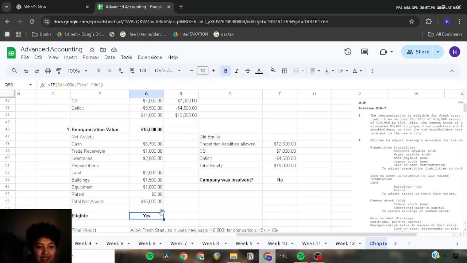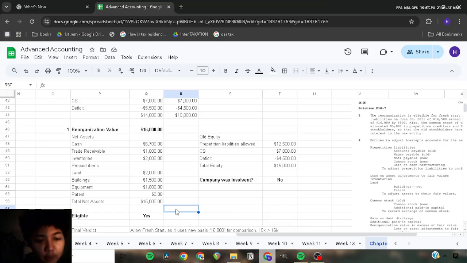We want to make sure that it exceeds the total net assets, because if it exceeds, that means that previously you don't have enough net assets. You can think of it kind of like that, because you're trying to make your company new, but you can't really do that if your company were still able to run. You can determine that by comparing the reorganization value with the total net assets before. From comparing, we get that the reorganization value is more than total net assets. So for eligibility, I just put here: yes, it's eligible.